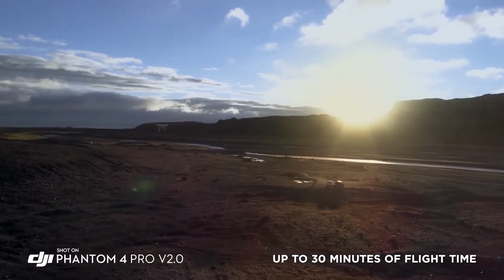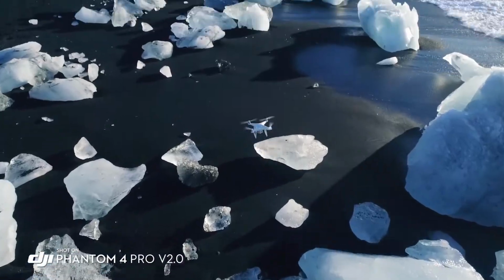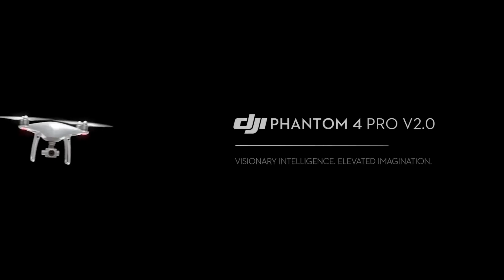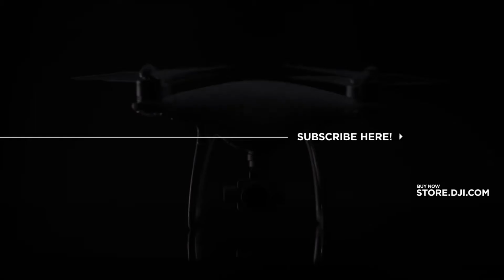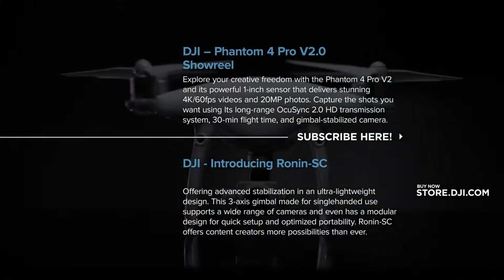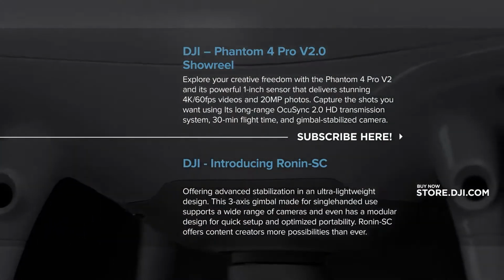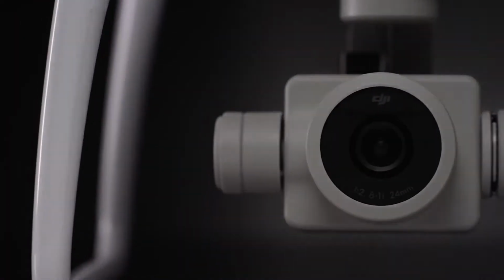The Phantom 4 Pro V2.0 was launched in 2018 as a major upgrade to the Phantom 4 that resulted in significantly improved obstacle avoidance and smart flight modes like ActiveTrack. The 20MP 1-inch sensor can also take a spectacular shot in D-Log color profile with raw stills and 4K 60p video. Of course, the Phantom 4 Pro V2.0 is not as convenient to use as the folding Mavic 2 Pro,